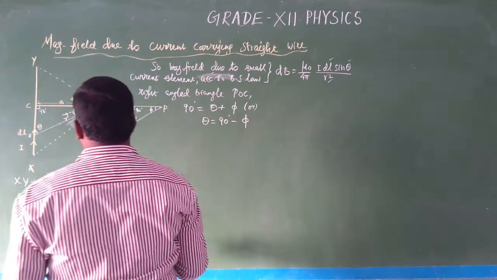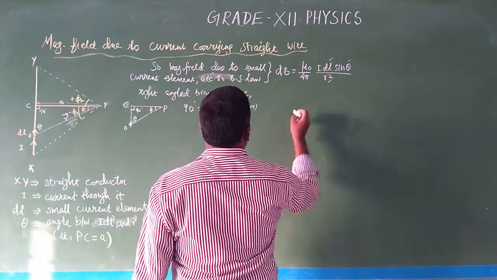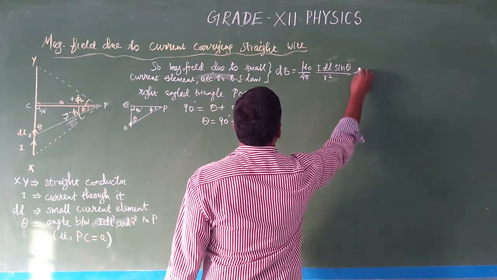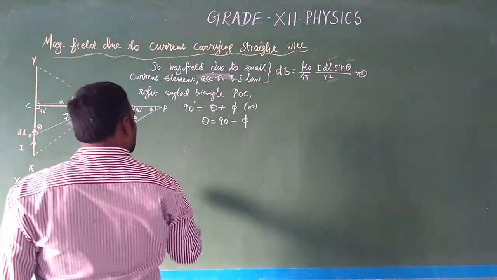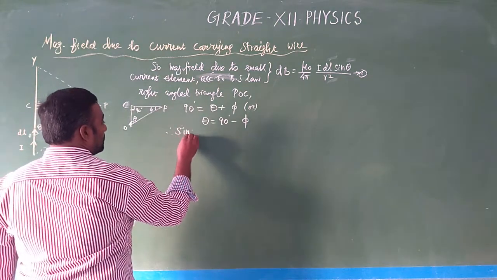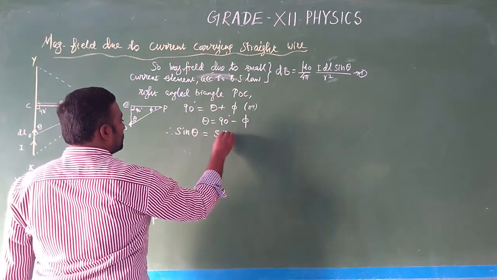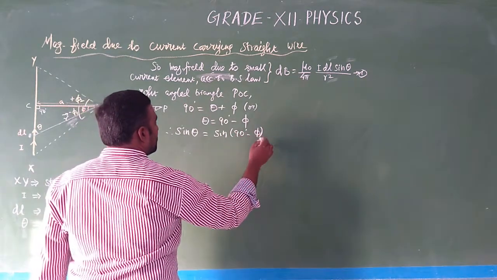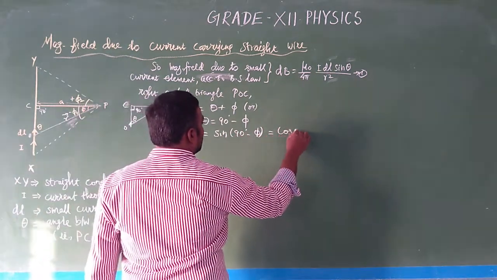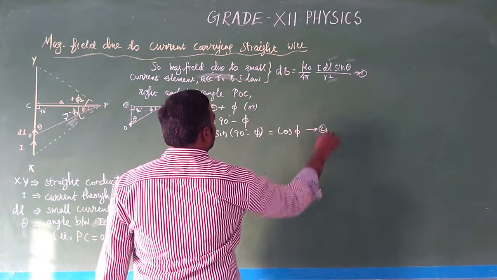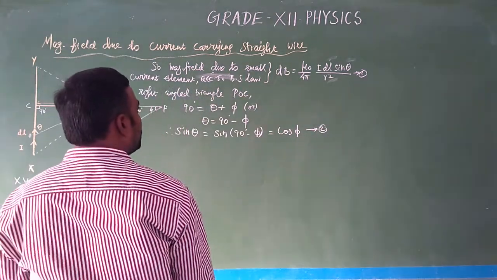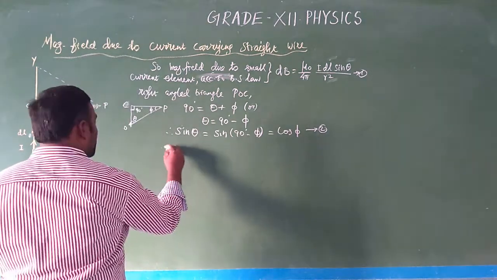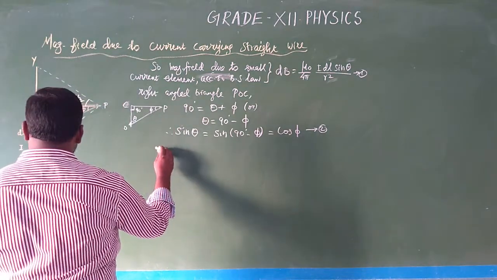So this is equation 1, main equation. Now we know theta value. Therefore sin theta is equal to, on both sides, sin of 90 minus phi, which is equal to cos phi. This is 2. So sin theta value we have determined, it is cos phi. The next, also cos phi value we can determine.